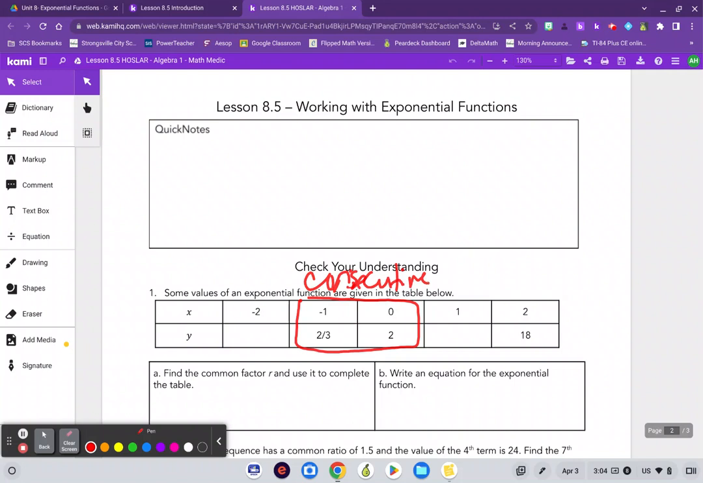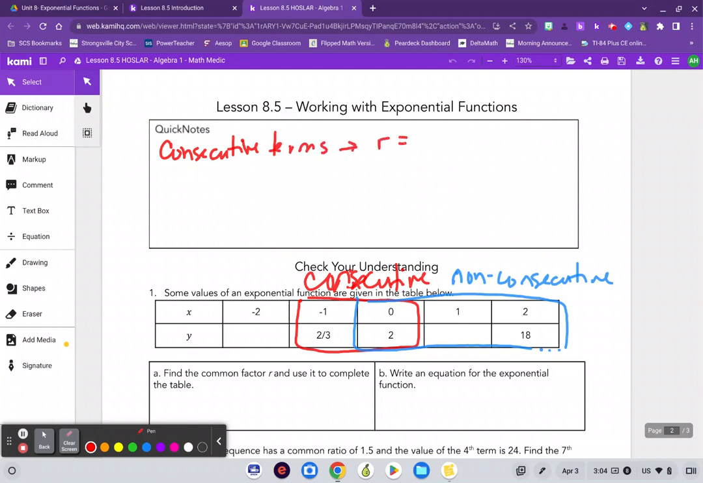Versus terms that are not right next to each other. And so 0 and 2 would be non-consecutive. And so if you have consecutive terms, recall that to find the common ratio, that R value, you do a term divided by the previous term. But if I have non-consecutive terms,